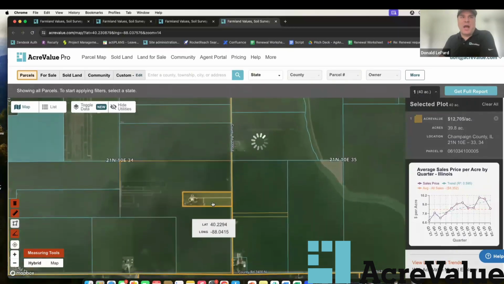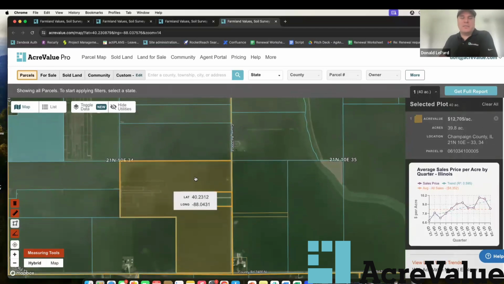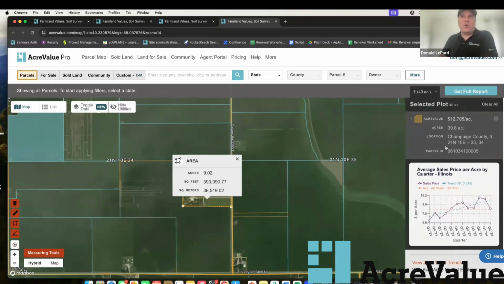So in Illinois, that's pretty common where we will have the residential section in a parcel, and then we'll have the farming section, agricultural section in another parcel. But let's say this wasn't parceled out, and you wanted to know how many square feet or how many acres that part itself is. Well, you'll be able to do that easily. So it is 9.02 acres, and it's a